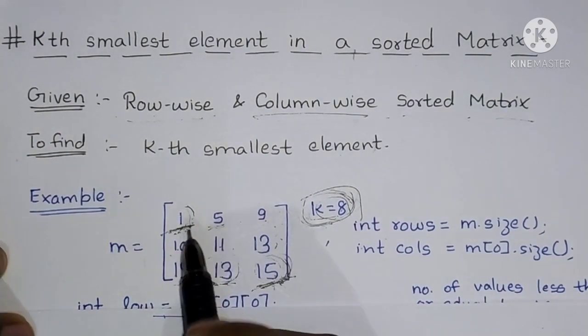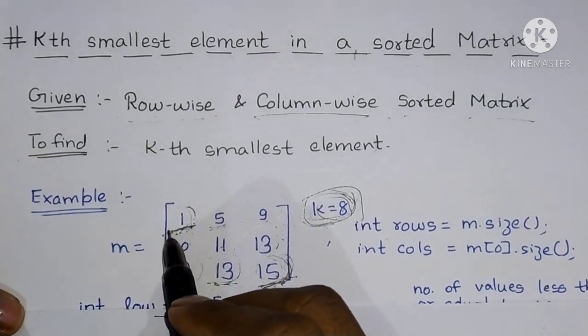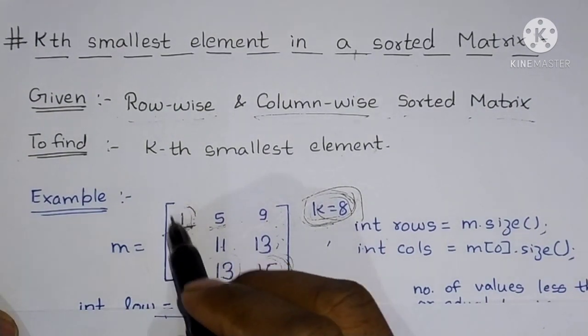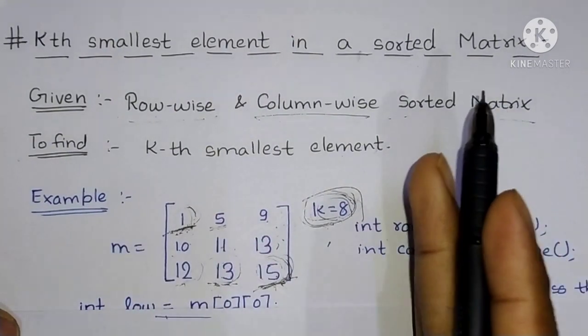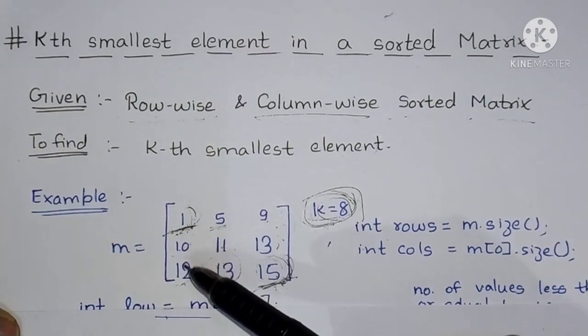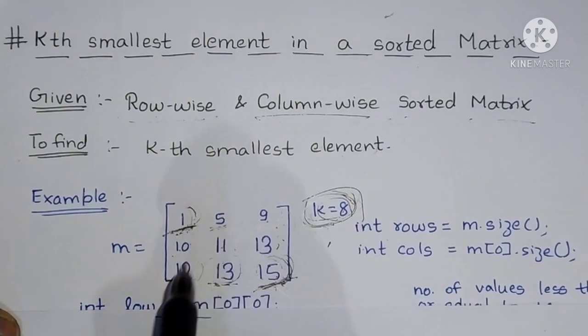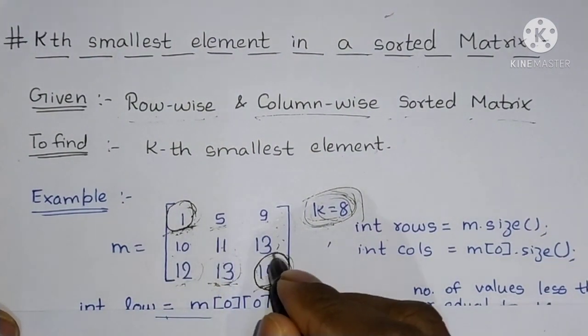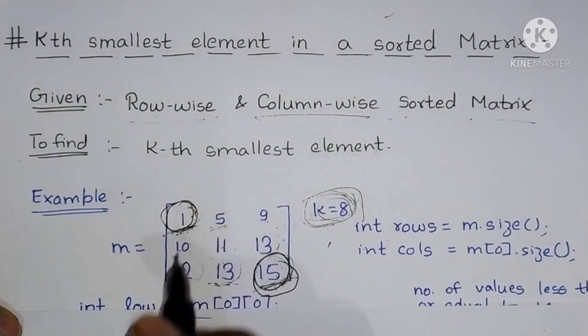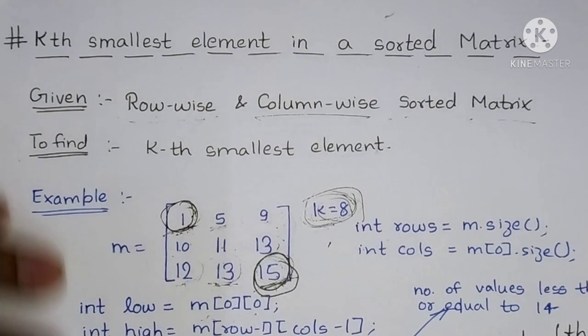Okay, so what will be the range of values of binary search? You can see that the smallest number will always be here because all the numbers to the right of it will be larger than this number, and also all the numbers in the downward direction will also be larger. So this will be the smallest number, and with similar reasoning this will be the largest number here. So you can get the lowest number, int low equals this, and the largest number in two variables.